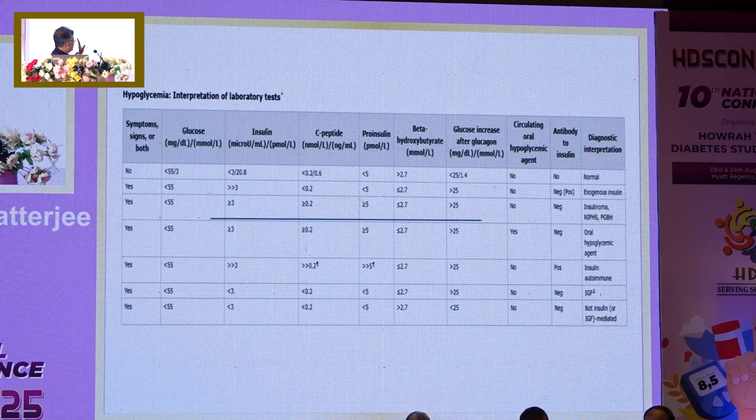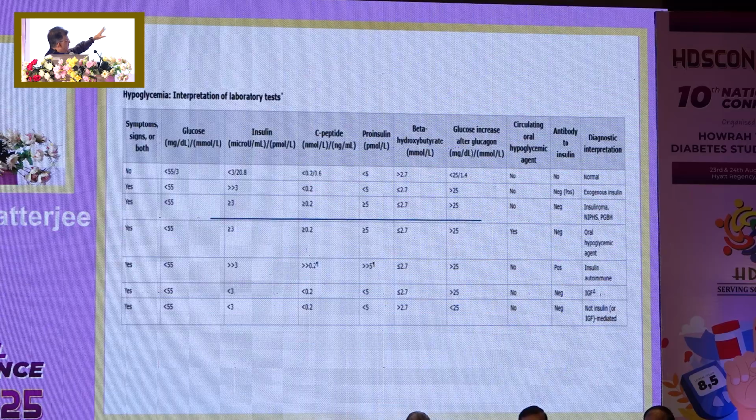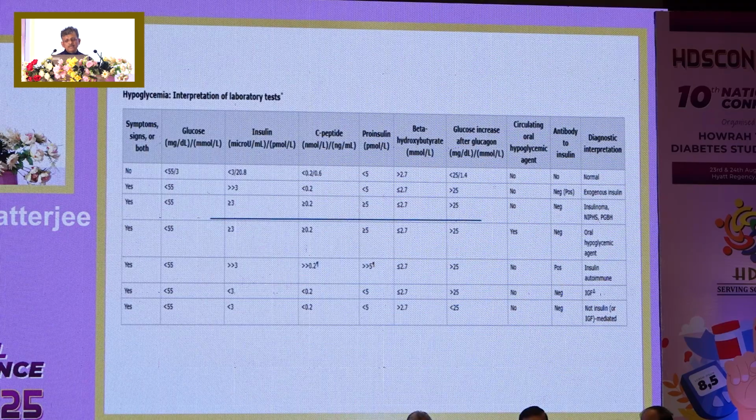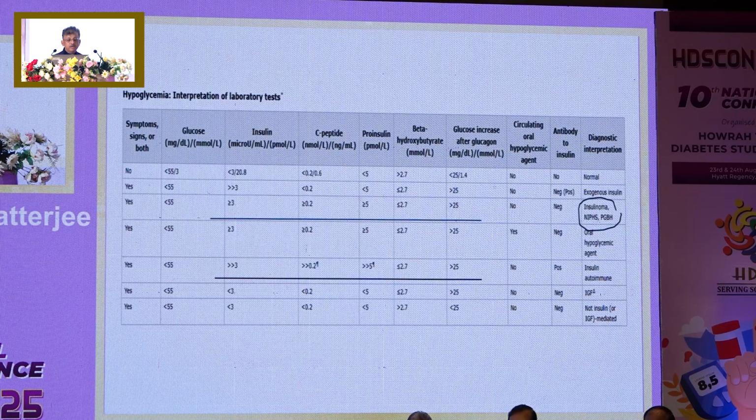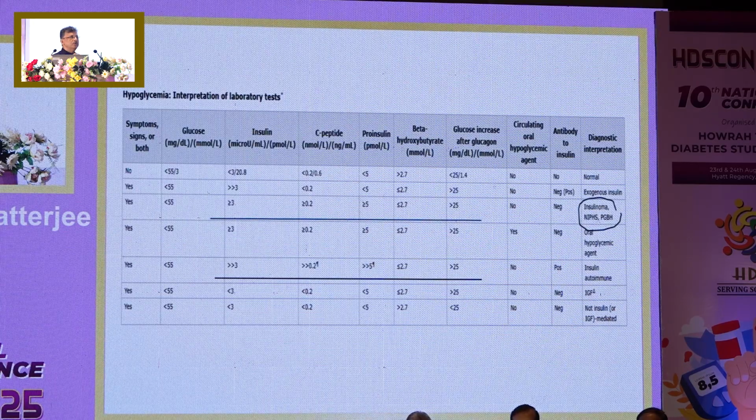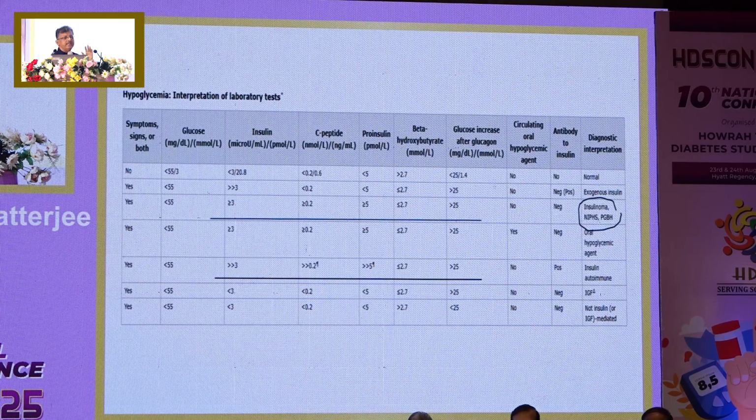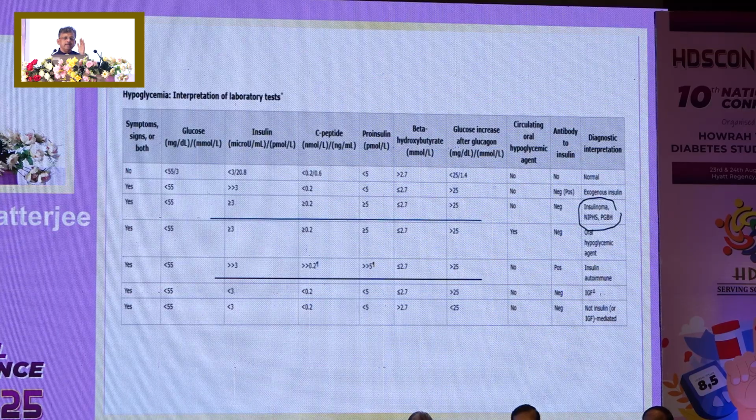It's one diagnostic point. This is a clear picture of insulinoma. What about the antibody-mediated hypoglycemia, that is, insulin autoantibodies? First thing you have to do is test for insulin autoantibodies, and if you measure insulin, it will be very high, in thousands. The very high insulin indicates insulin autoantibodies.